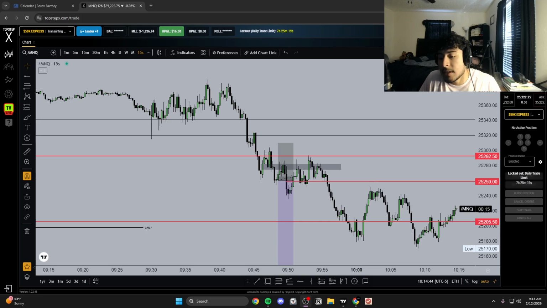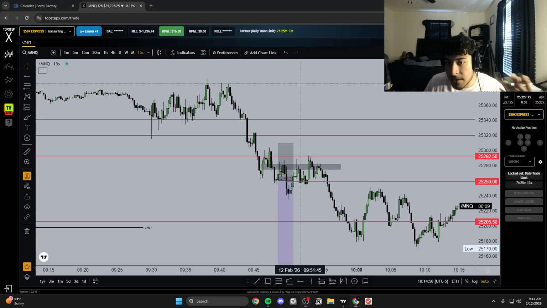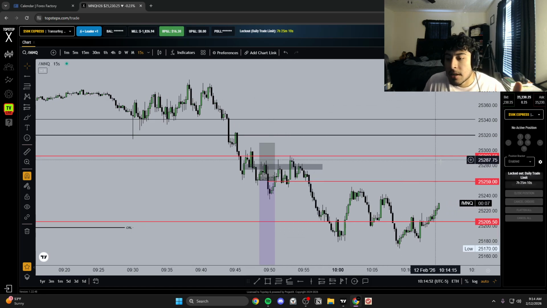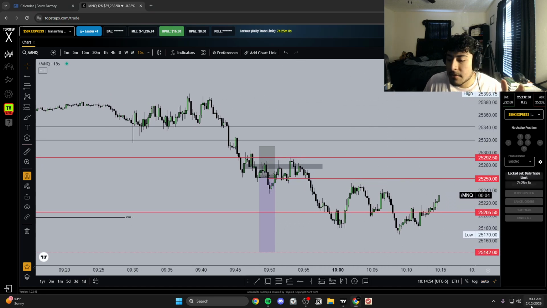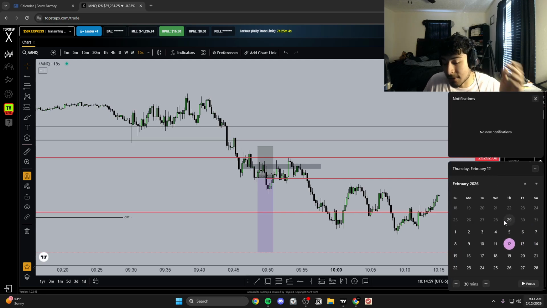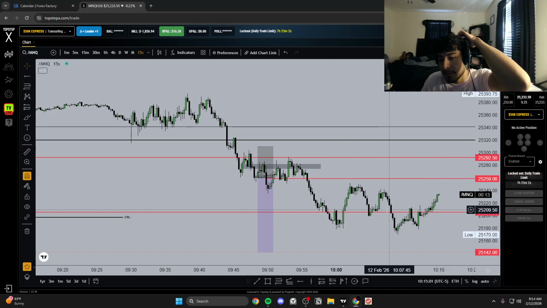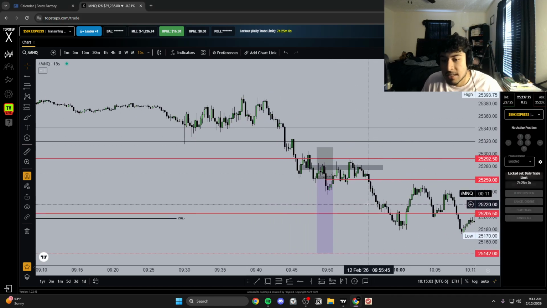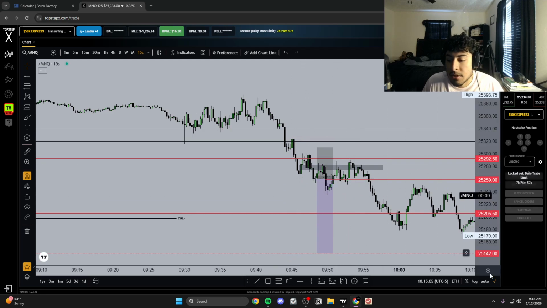All right, guys. Today we took one trade and we hit a break-even trade. This trade was more of a continuation one. It was one like I took 2 weeks ago, the one on Thursday, 2 weeks ago. Matter of fact, this was the same type of setup. It was the same type of continuation play for the market to move down lower.